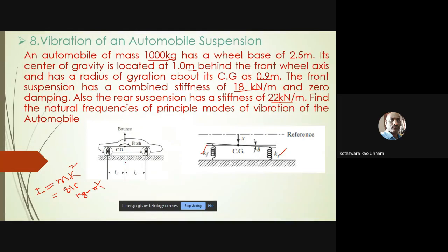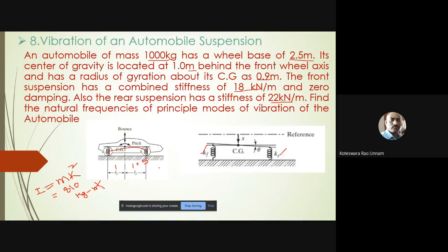The total wheel base, the distance from the center of the front wheel to the center of the rear wheel, is given as 2.5 meters. So this is 1 meter, and L2 is 1.5 meters, so the total center-to-center distance of the wheels, the wheel base, is 2.5 meters.